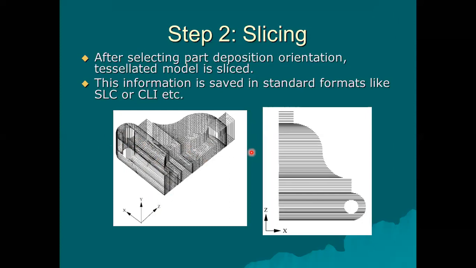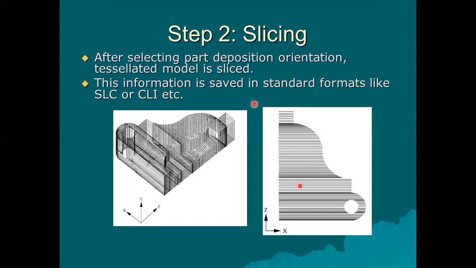Now generally we make slices of uniform thickness. If you see today's 3D printing technology, for a particular component, when you start printing, all the layers are of the same thickness. They may be say 200 microns, or all the layers 300 microns, or all the layers 400 microns. Within the limit of the machine or the 3D printer, you can change the layer thickness, but the layer thickness will be the same throughout.